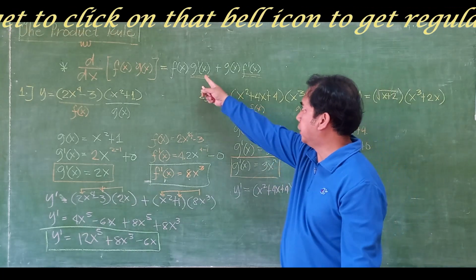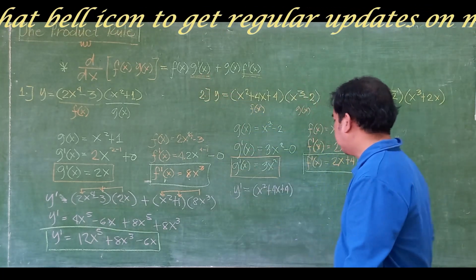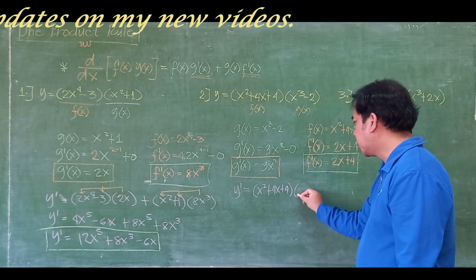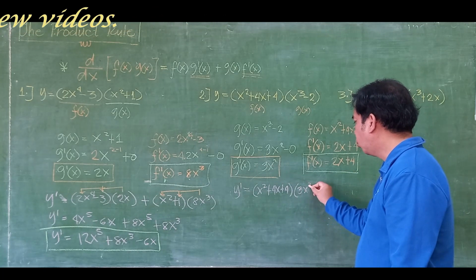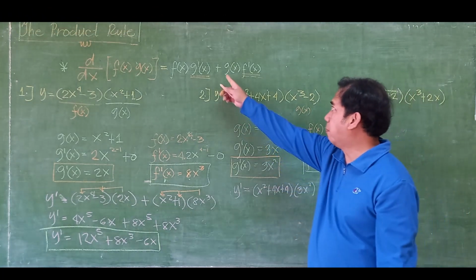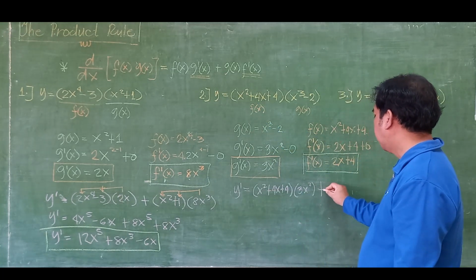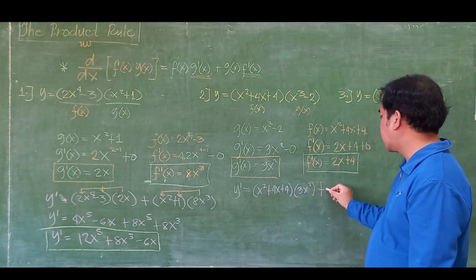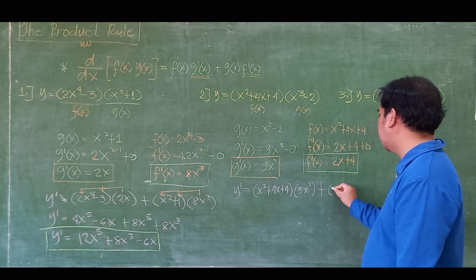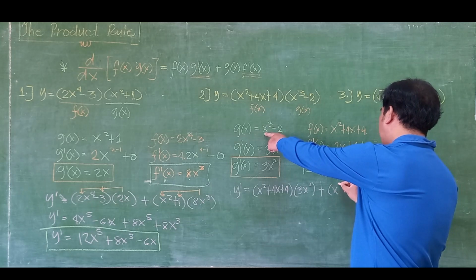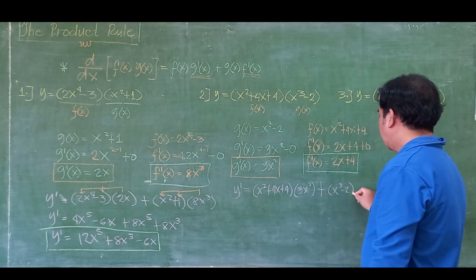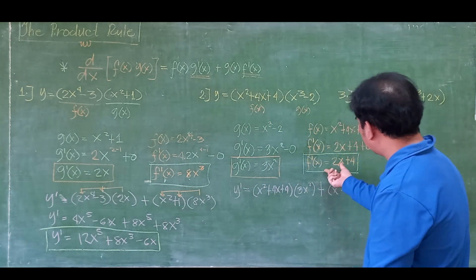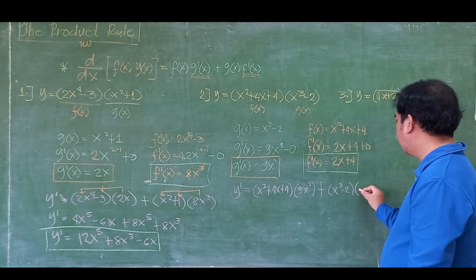Okay, multiplied by the derivative of the g function. The derivative of the g function is 3x raised to 2. Now it says plus the original g of x. So what is the g of x? Our g of x in here is the quantity x raised to 3 minus 2, multiplied by the derivative of the f function. What is the derivative of the function? That is 2x